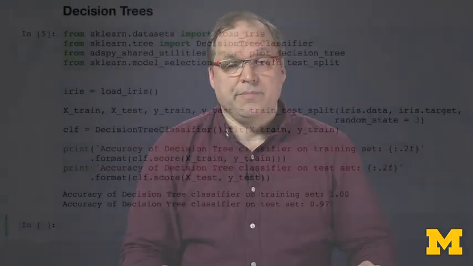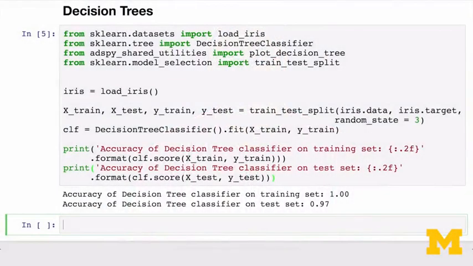Decision trees can also be used for regression using the same process of testing the feature values at each node and predicting the target value based on the contents of the leaf node. For regression, the leaf node prediction would be the mean value of the target values for the training points in that leaf. In scikit-learn, to build a decision tree, you import the decision tree classifier class from the sklearn tree module and fit it just as you would any classifier by creating the object and calling the fit method on the training data. This code first loads the iris dataset and then computes the training and test accuracy in predicting